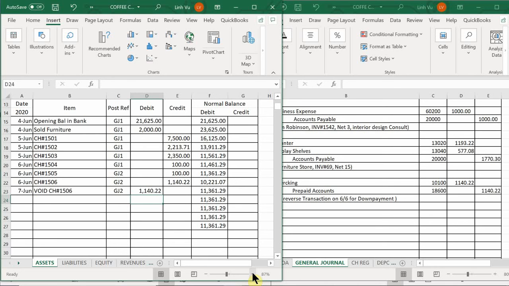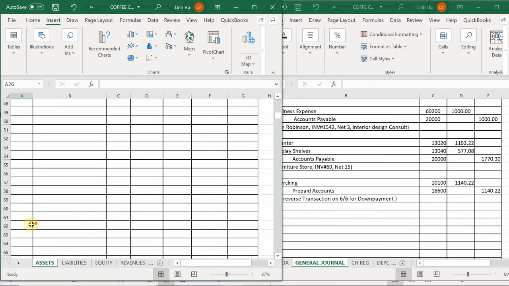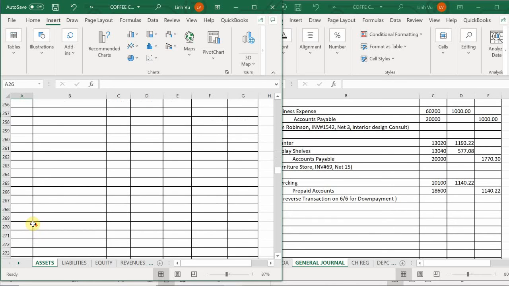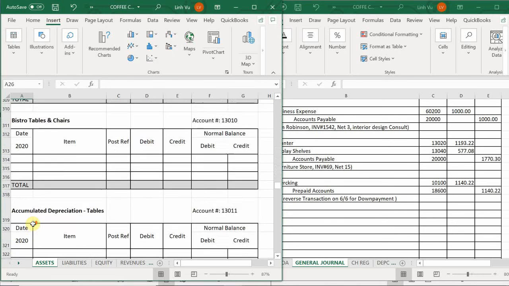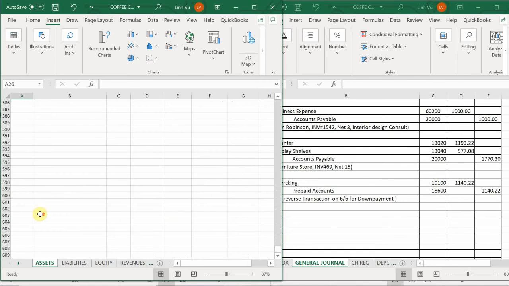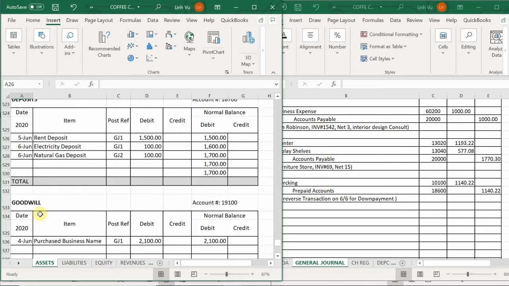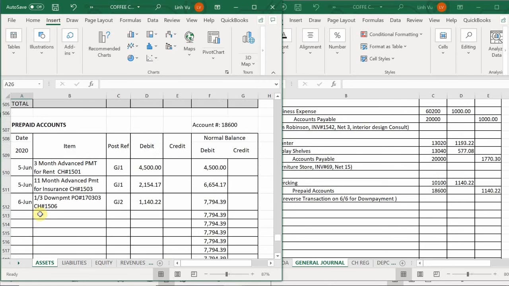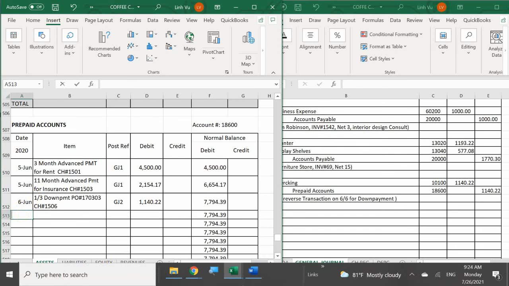And then I'm going to go ahead and drop down to my prepaid accounts because I have to undo that one as well. So that should be towards the bottom. Okay, here we go. Prepaid accounts. Okay, 6, 7. And what I'm going to do here is